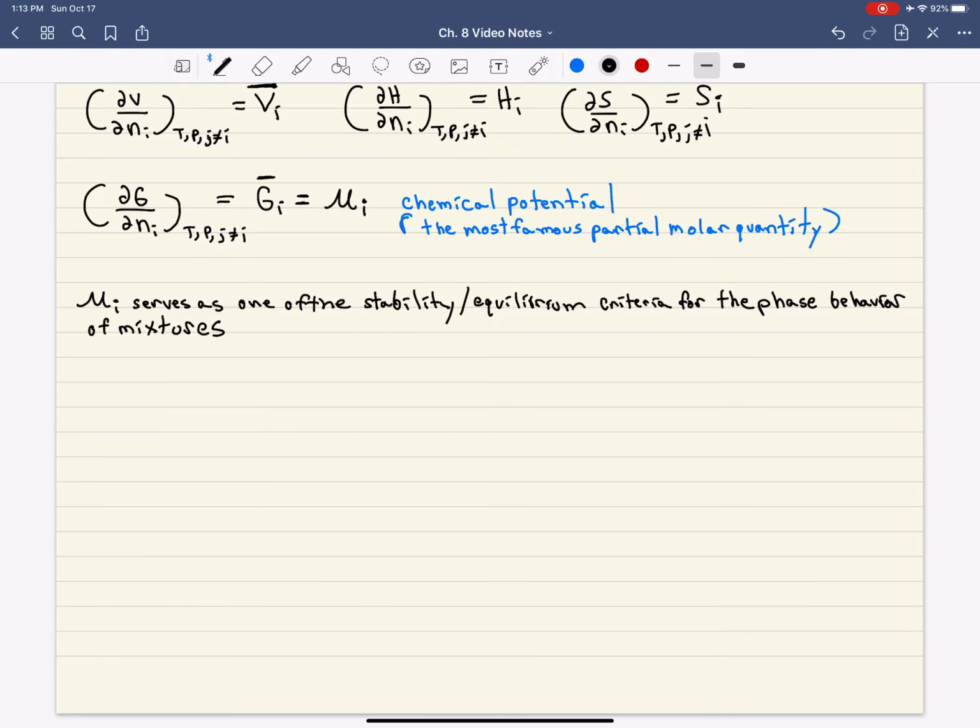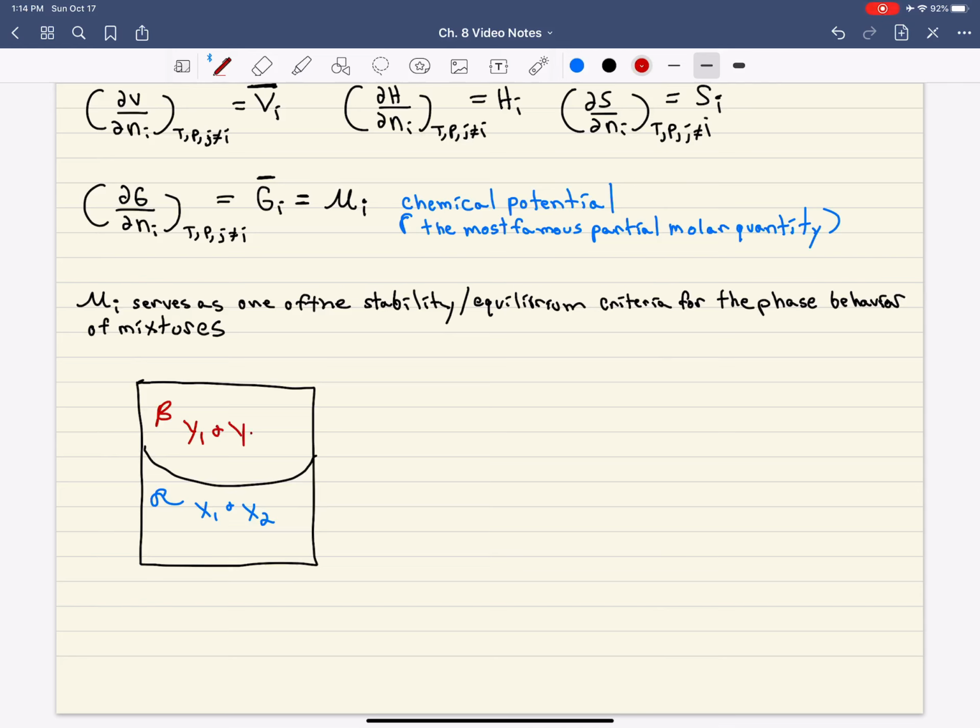Okay? And so if you had some sort of system in this box, and you had two different phases, alpha and beta, with a mixture, you may have your two components both in the alpha phase and in the beta phase. And so for the phases to be stable,